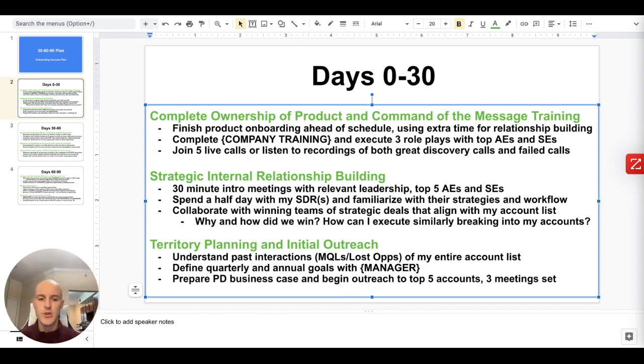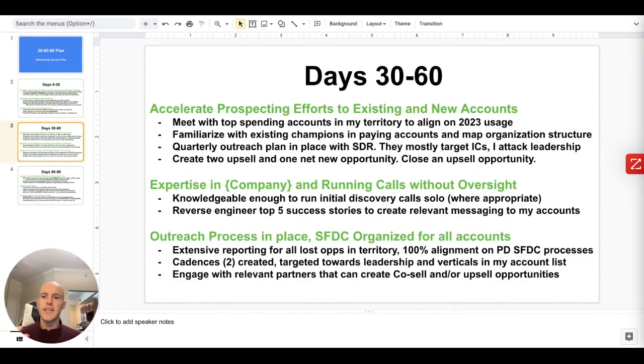But I'm not promising the moon. I'm not saying I'm going to be the number one SDR by the end of month 1. Yes, I want to see that ambition, but make it realistic. So now as we focus on month 2, days 30 to 60, it's realistic now as an SDR that we're